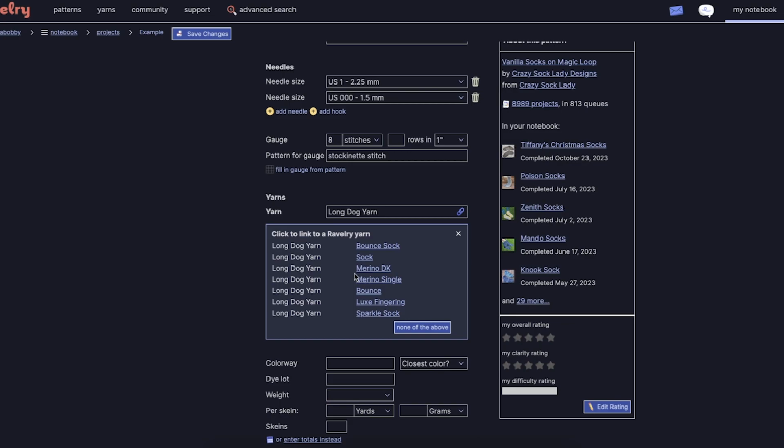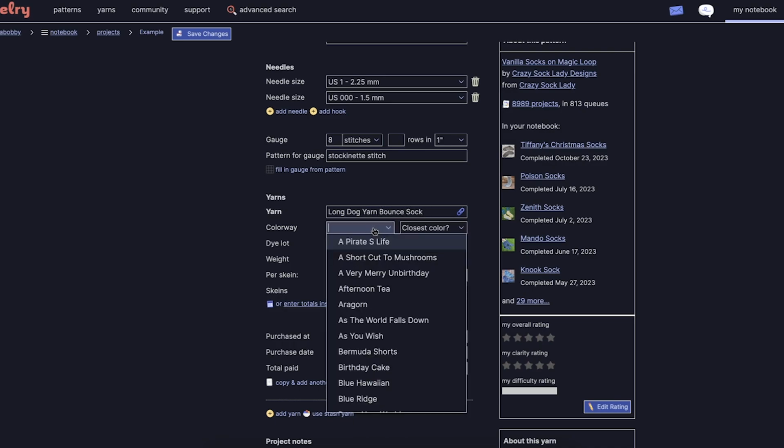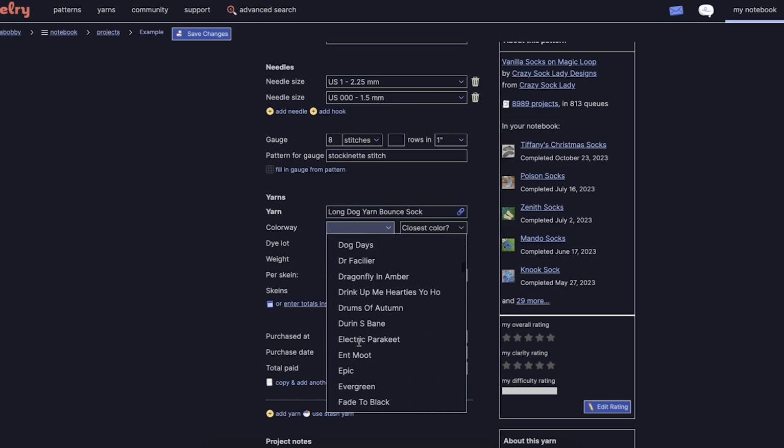Now, this does not always work for independent dyers. It does not always work for all yarns out there, but typically it does, and you'll be able to select this. It is also something that you can type in if that particular yarn is not in the database. You can type in all of the information of the base here, so the dyer or the provider, the maker of the yarn, the base,